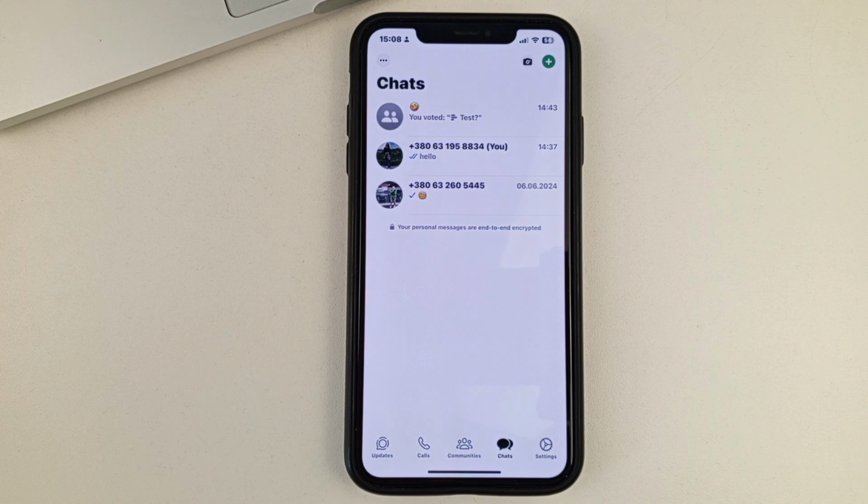So let us get a head start on our topic. If you would like the WhatsApp app to keep track of all your contacts on your phone, so that you don't have to search and add them yourself, then it is very simple to give the WhatsApp app access to your contacts on your phone.